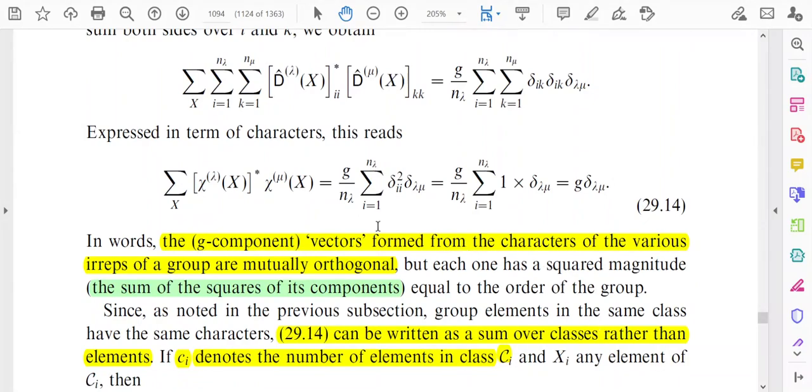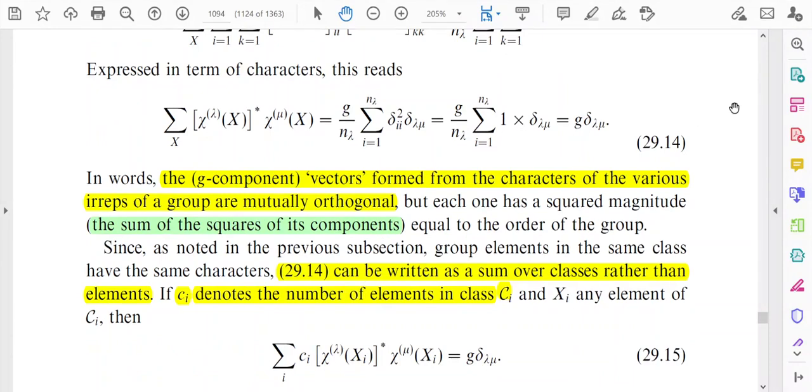Now, this particular relation 29.14 can be written as a sum over classes rather than elements. The summation is for the different elements, but this relation can also be expressed as a sum over classes. If c_i denotes the number of elements in a class C_i, and x_i is any element of C_i, then